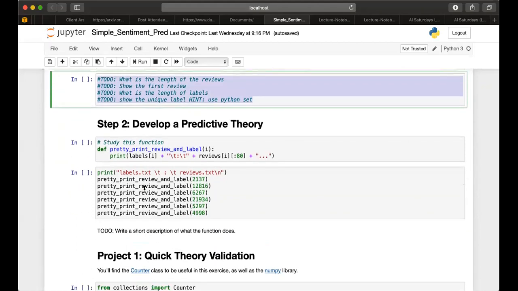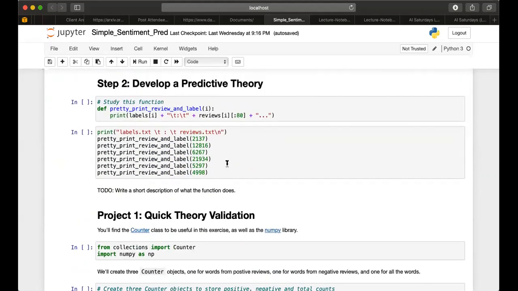So that's that, and I hope this should be very easy for everyone. Now here we are just printing the labels and the reviews to see what they look like. You don't actually have to do anything here, all you need to do is run the code. But I wanted you guys to explain how it works.